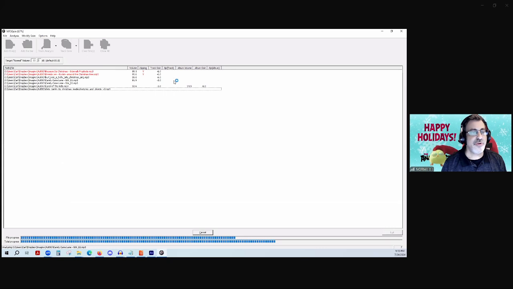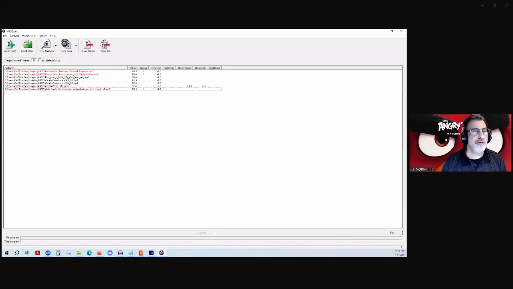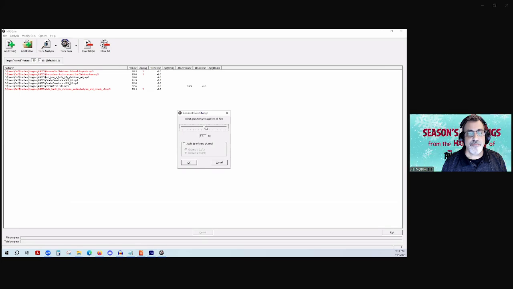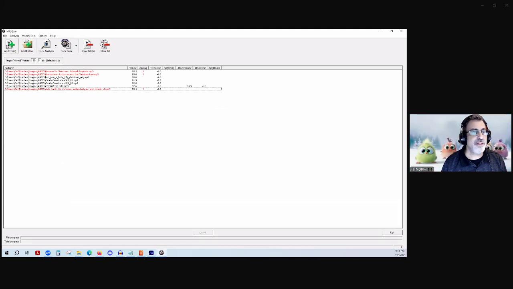And it's going to tell me here's what I need to do with each file to make it all sound the same, right? Now I can apply track gain, apply album gain, apply constant gain. What do I want to do? I want the gain to apply to all files. I can make the change here. Leave it at 0. But let's say I want to modify it. I want to change the album gain here because let's say it's an album and I want the whole album to be the same.